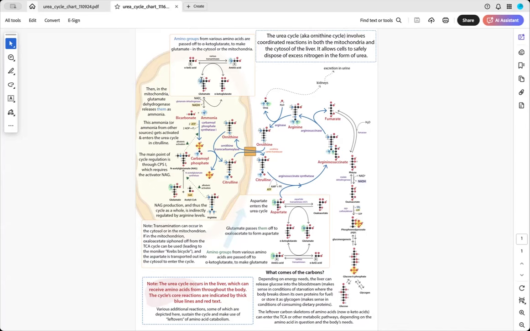Ammonia was going to be taken from one of those glutamates, leaving you back with alpha-ketoglutarate. This alpha-ketoglutarate is now ready to accept another amino group, and so we're good on that front. What else are we going to need, however? In order to pass this amino group on, another amino group on down here, we're going to need another α-ketoglutarate